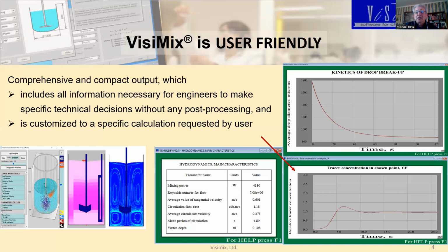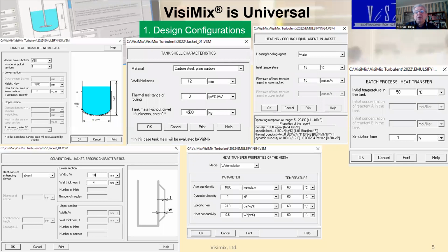So basically, the point is that for all of these requests, all output data will be presented in a concise and convenient form. But what is even more important, all output data are comprehensive. You will have everything that you need. With this said, let's move to the next slide and talk about the next feature of our software, which is